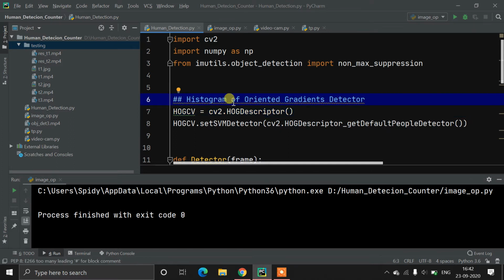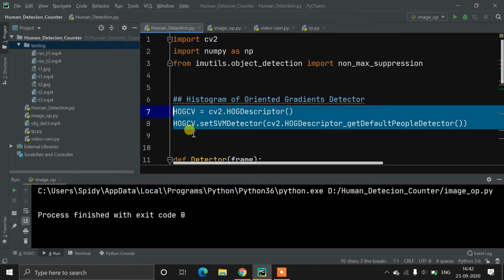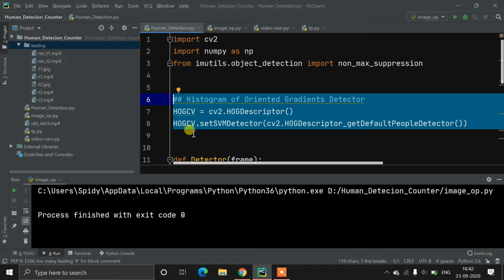Now how will we train our own classifier? This classifier was already made by someone who contributed this algorithm to open source. But how can we make this? I'm just giving you a simple demo. You need to create two folders, P and N. In the positive folder you put images of the object which you need to detect, and in the N folder you put the negative images.